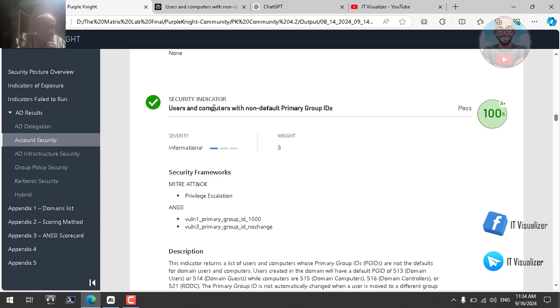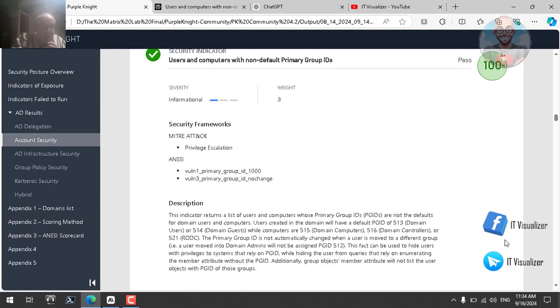So if you see a user that doesn't have a default primary group, for example, maybe we see a user that is not a member of domain users, this is an issue we need to focus on because this can be a track or evidence of hacking. Let's see what this says. The indicator returns a list of users and computers whose primary group IDs are not the default for domain users and computers. Users created in the domain will have a default PGID